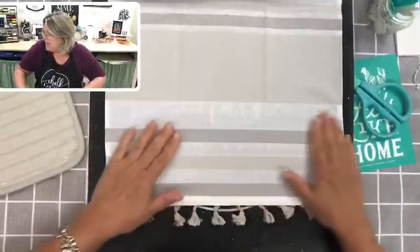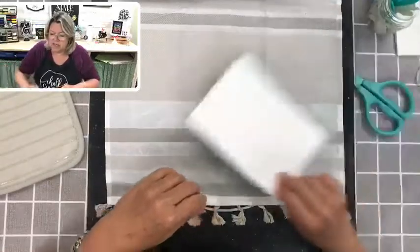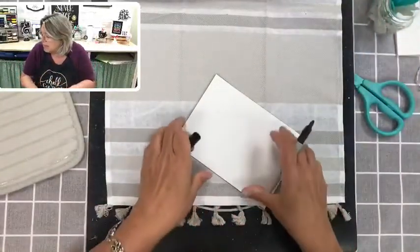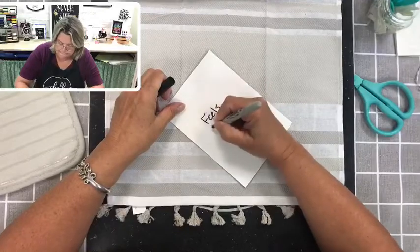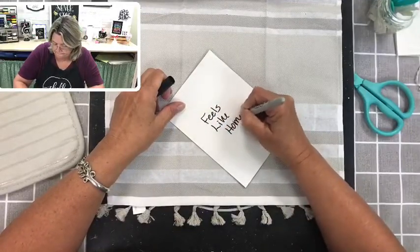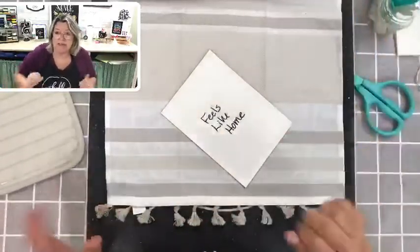So once we've got that down nice and steady, we're going to get that transfer out. And just like I do when I'm doing a chalking project, I am going to write on the back of this. And I'm going to write Feels Like Home on the back. And the reason that I write in the back are a couple different reasons. First of all,